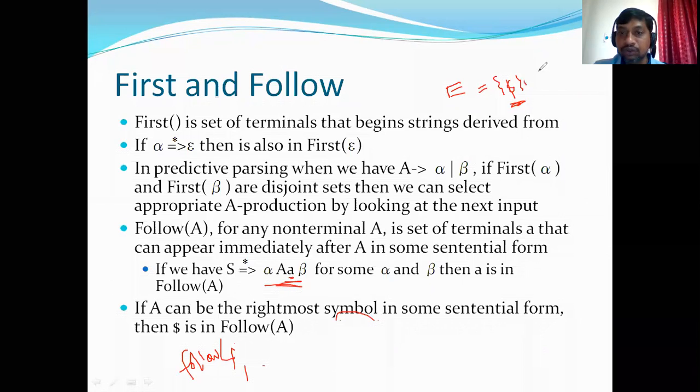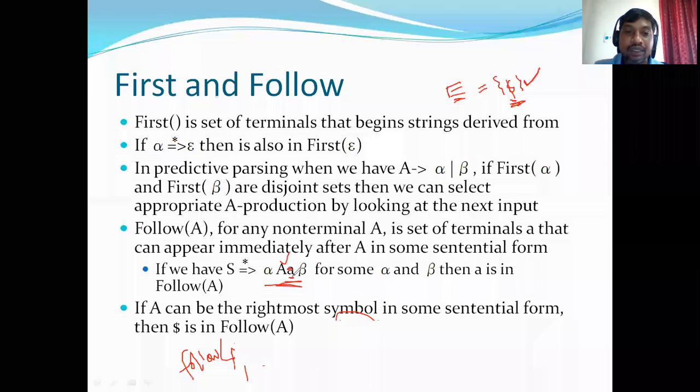According to the first rule, we have $ as the default follow for each and every starting symbol. So in any production rule, if a particular terminal follows a non-terminal, then we say that terminal is in the follow of that non-terminal.